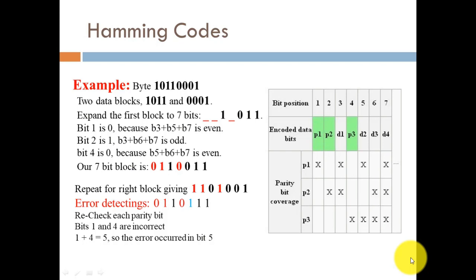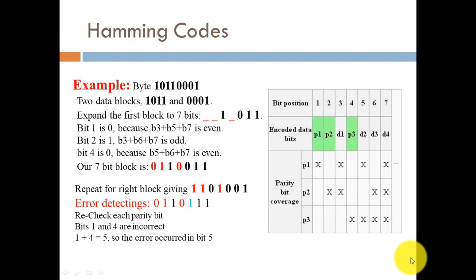If we perform a similar action for our second block of information bits, 0001, we get 1101 0001. Suppose for this block we have received a different block of bits at the receiving side, where one bit, the fifth, has an error. When we recompute the parity bits with these received bits,